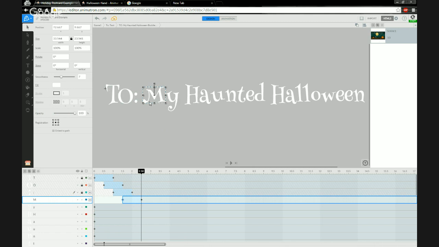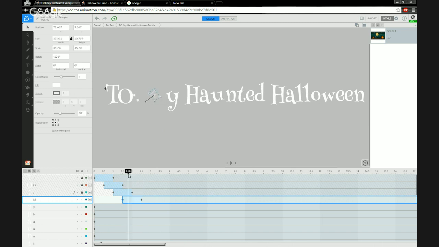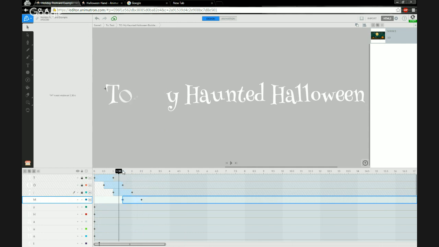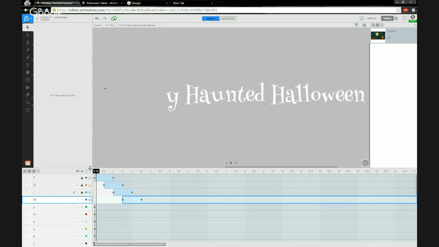All right, so I would do the same thing over and over again. It may seem a little bit tedious, but that's how you're going to be able to customize the text for each one of the characters that you want your text to animate. So I would go through each one of these and apply them to each one of the new pieces of text. But instead of doing that,